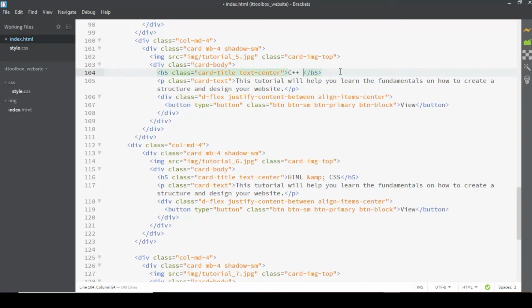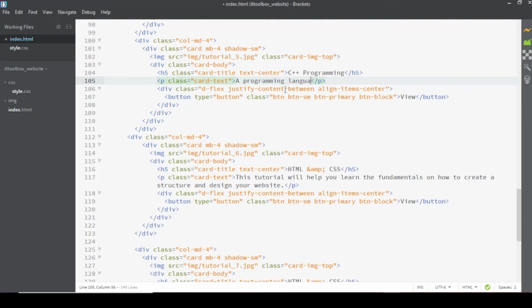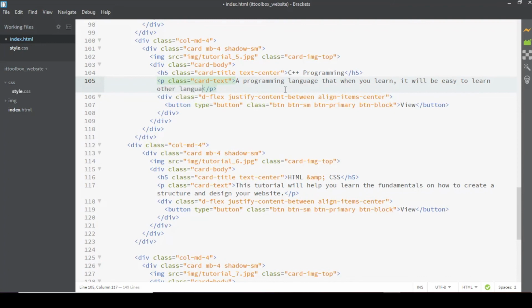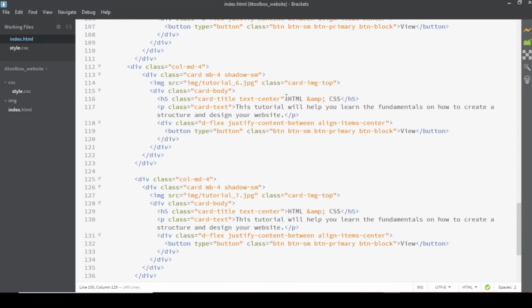C++ programming. And the text, let's change this into a programming language that when you learn, it will be easy to learn other languages as well. Period. Save it. For the sixth card, let's change the title into